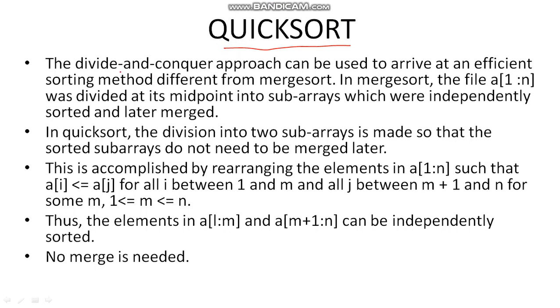Quick sort is another divide and conquer approach. In merge sort we have discussed that a given problem is divided into multiple subproblems, we sort each of the subproblems and then we merge them. Quick sort takes care in such a way that merging is not required. You only go on dividing it. Finally, after dividing all the things, the array that you get will be sorted.